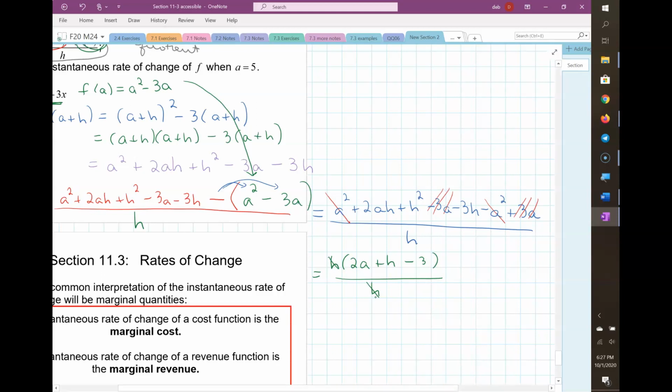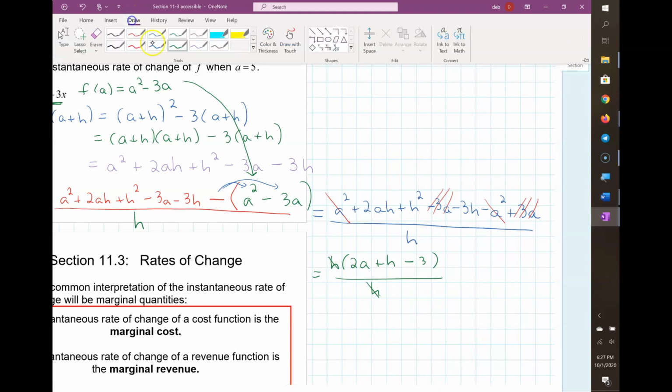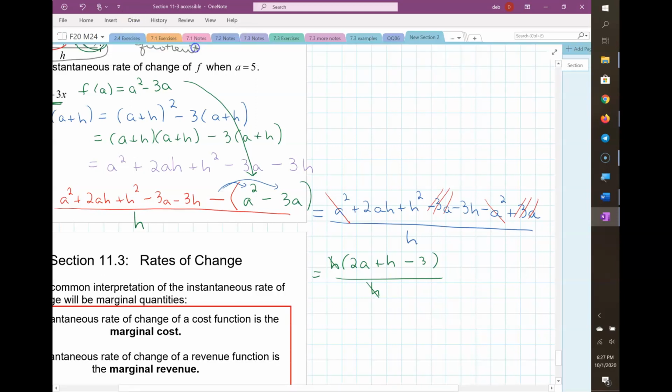And then to find the instantaneous rate of change, because this is still average rate of change we're looking at, now you're going to find the limit as h goes to 0 of 2a plus h minus 3. And this is the instantaneous rate of change, if you want to give it a name. As soon as you put the limit as h goes to 0 on it, then it's the instantaneous rate of